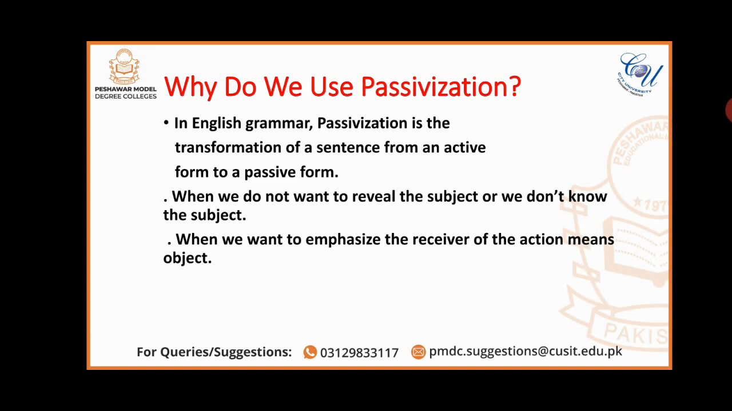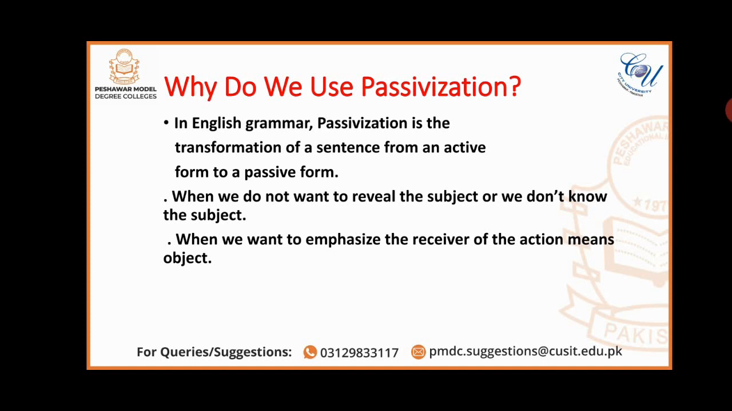And the second thing is what? Sometimes we may not know who has plucked the flower. We don't know about it. When you do not know about the subject, then you will use what? Passive form of the sentence for it. So, in English grammar,